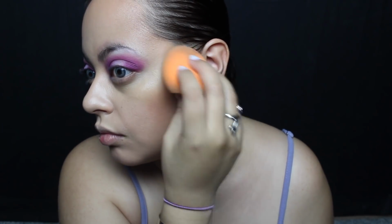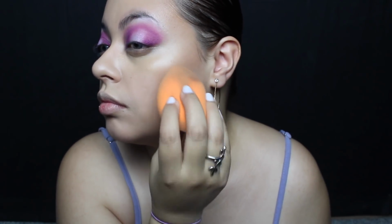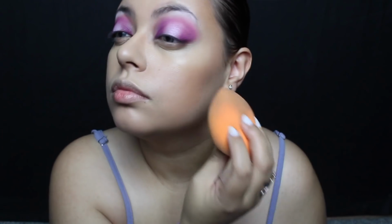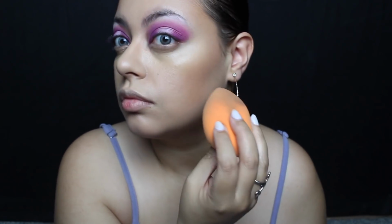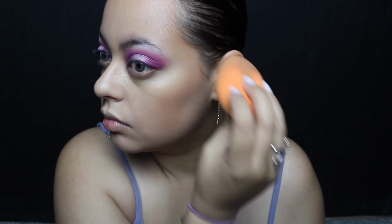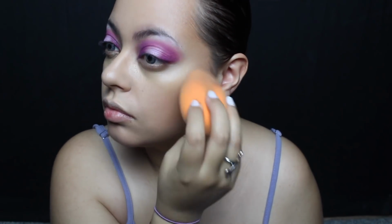So I just put this on the temples, the sides of my forehead, and I put this along my hairline, and you want to apply your bronzer a little below the cheekbone and on my nose, because I like that bronze nose look. And then to contour,